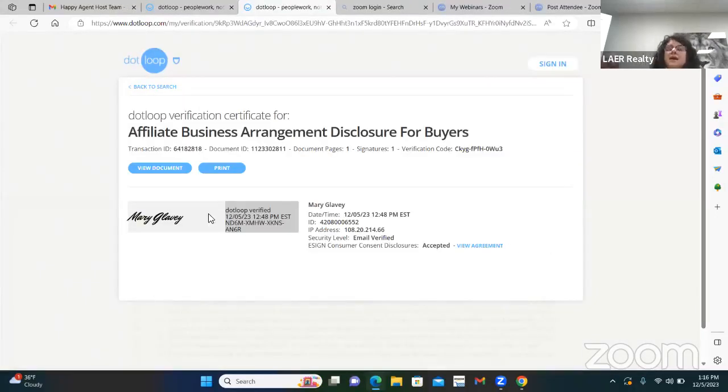Now, this is why a lot of government agencies and attorneys are accepting this, because it is such a vetting process of proving that Mary, the day she signed, has her name, the date and time she signed it, the ID, her IP address, security level, email verified, accept and view agreement. So you can print this, you can view it, you can view the agreement, you can send this to whoever's asking for it, because you have it in your loop. Another way of obtaining that